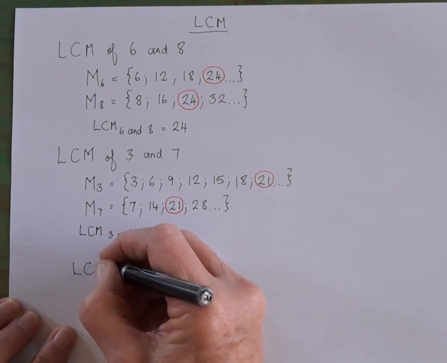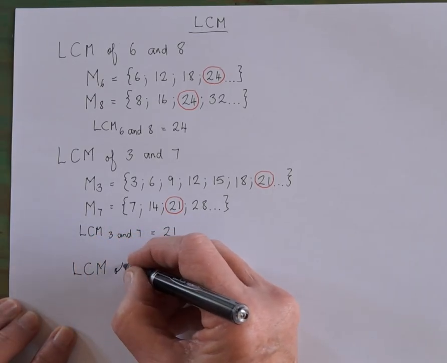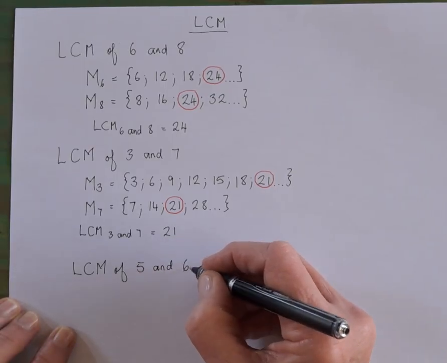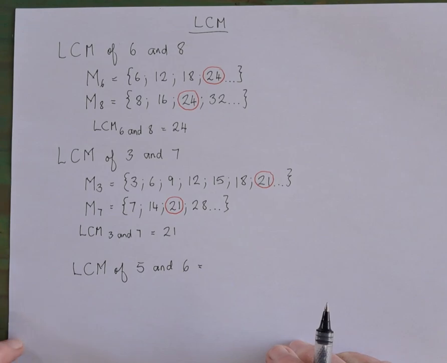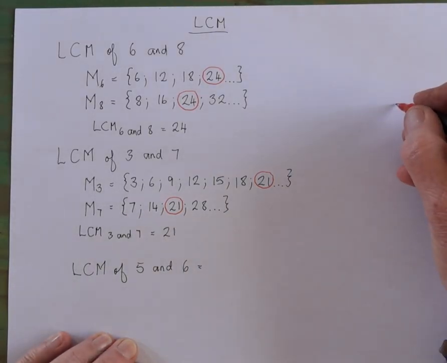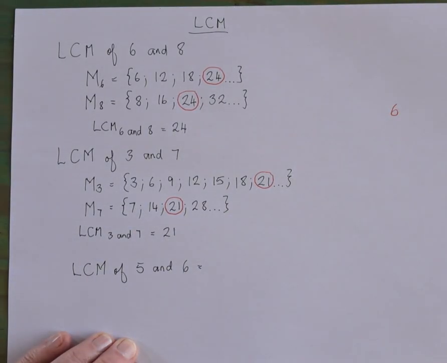Let's say we're going to find the LCM of 5 and 6. Then what we do is we don't write out the multiples, we just start a mental process of checking what will go into what. So what you do first of all is you look at your two numbers and you decide which is the bigger number. And if you want to, you can write it down so that you keep a running tab of what you're doing. Some people just do it in their heads, that's fine, but if you want to write it